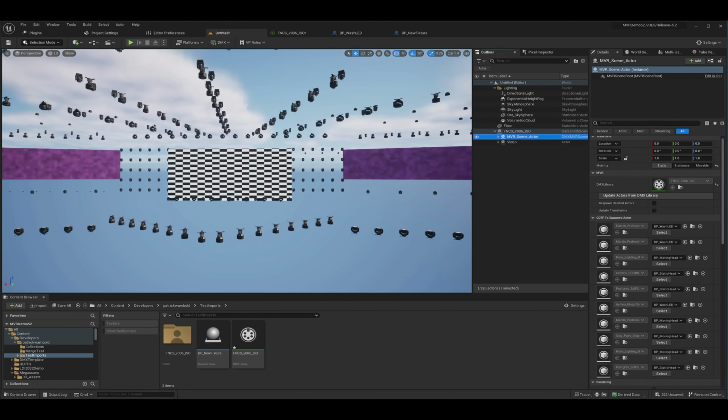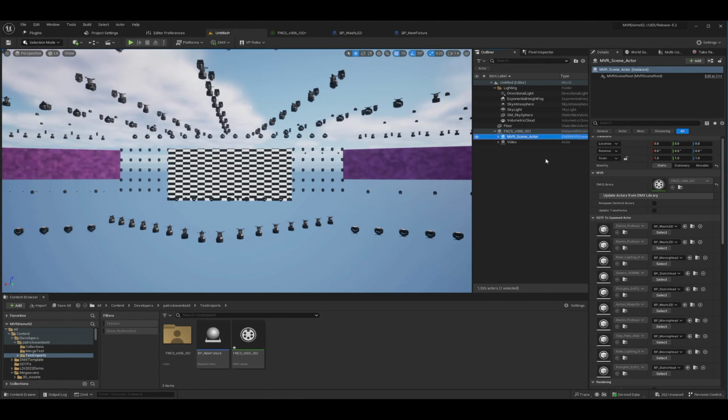Let's take a deeper look at this MVR scene actor, because the MVR scene actor is the link between the DMX library and the objects being used in the scene as our fixtures. Unlike traditional lighting, where there's a one-to-one relationship, so if you have something in the patch there's an object associated with it, Unreal is much more generalized. You can have multiple libraries, which would represent a show file. You can have fixtures that aren't assigned to anything or that are assigned to multiple libraries. So it's pretty infinitely flexible, but at the same time slightly different.